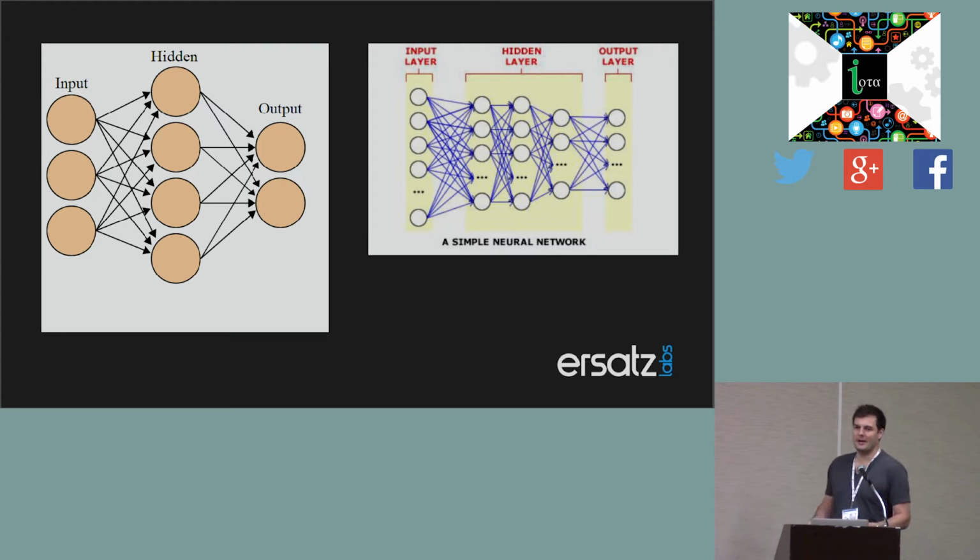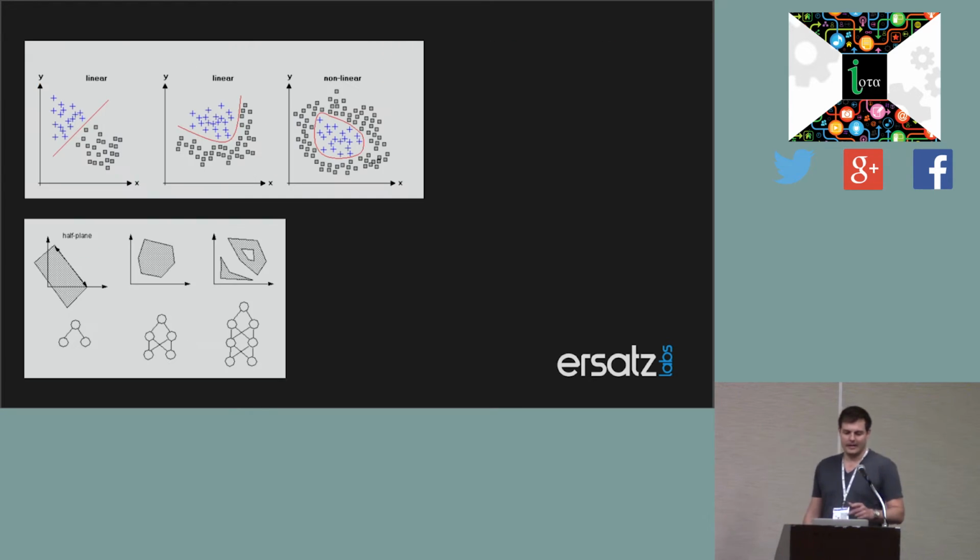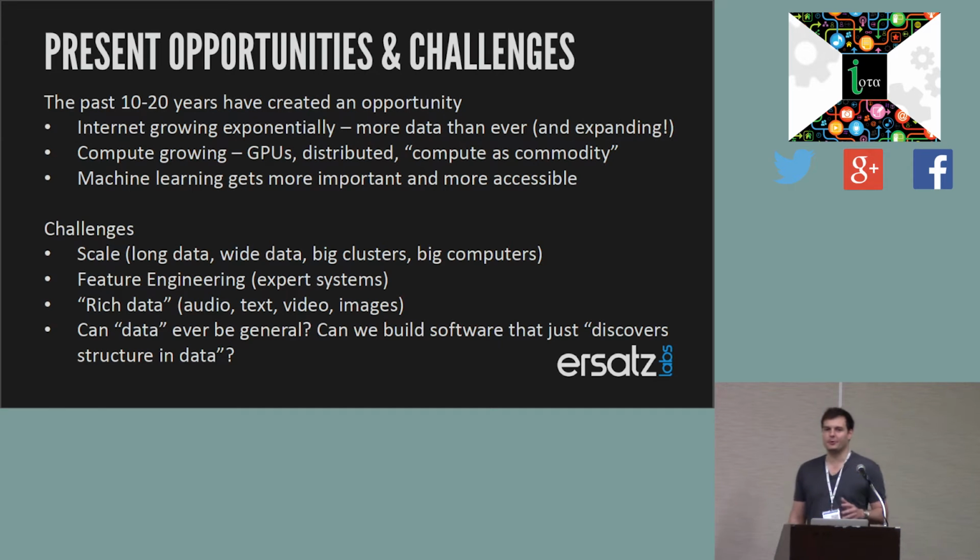All of these things you hear about with deep learning, all of the GPU computing, all of the fancy methods like dropout and Nesterov momentum and all of that, you can use on the one on the left. It's all the same stuff. But the ones on the right have historically been really difficult to use, if not impossible, and only now are really possible, and it turns out they work really well and they're being used. Let's skip that. So let's talk about present opportunities and challenges